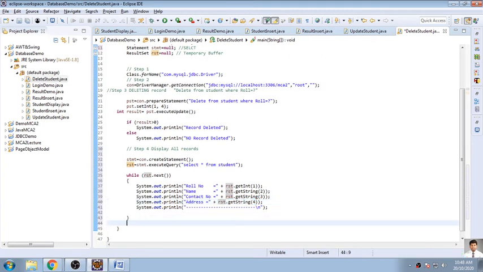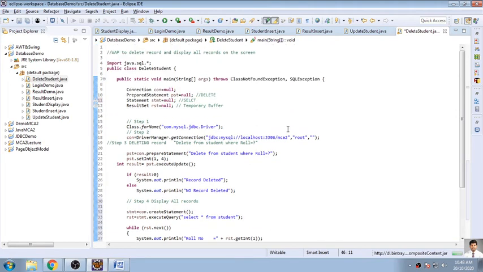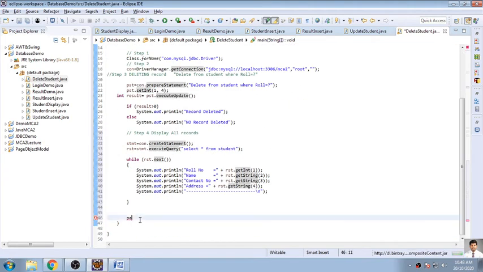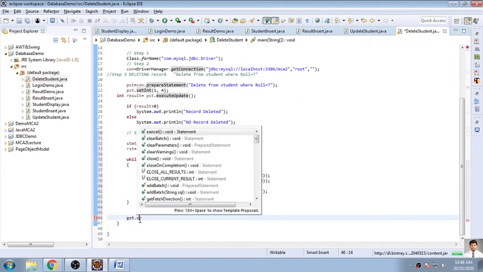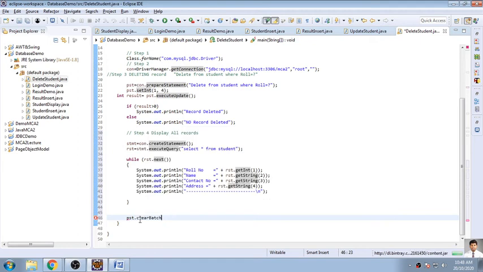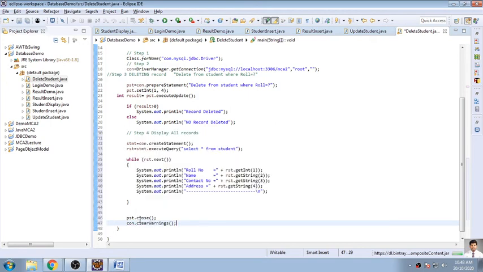And if my task is completed, I have to close everything. So pst. As I have used throws, I will directly use pst.close, nothing will happen, and con.close.